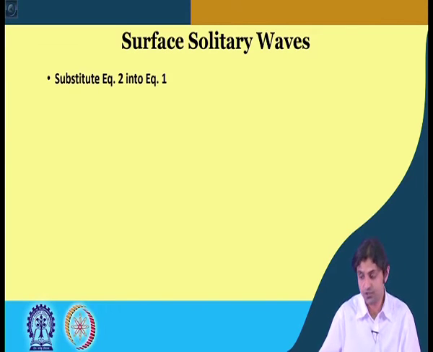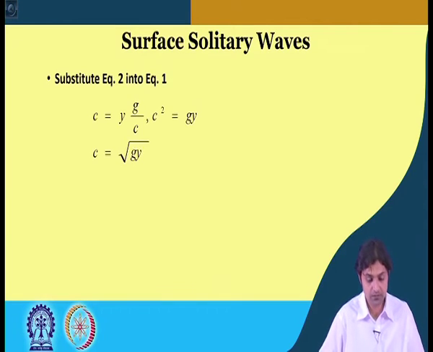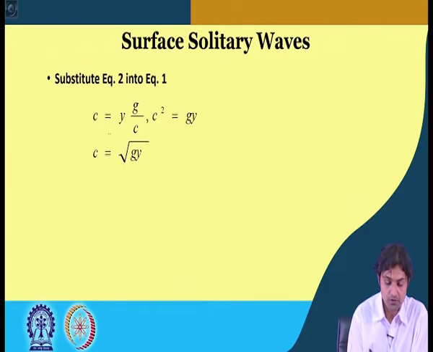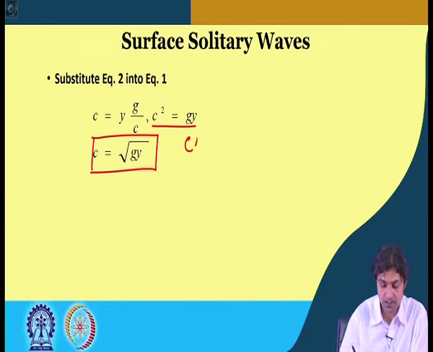So, if we substitute equation 2 into equation 1, we get c is equal to y g by c, and c can go this side, it becomes c square is equal to g y, or the final equation c is equal to under root g y, where c is